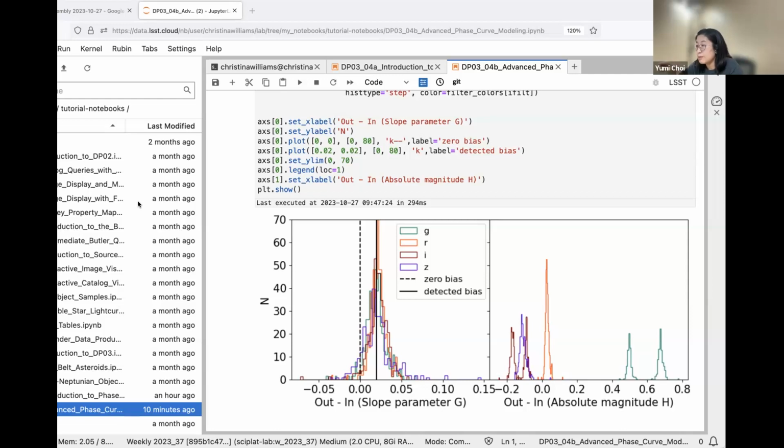But this output and input difference is larger than those filter conversion factors, so this is another bias. We don't completely understand what's going on with the simulation, so this might be a good thing to explore for the solar system object experts.